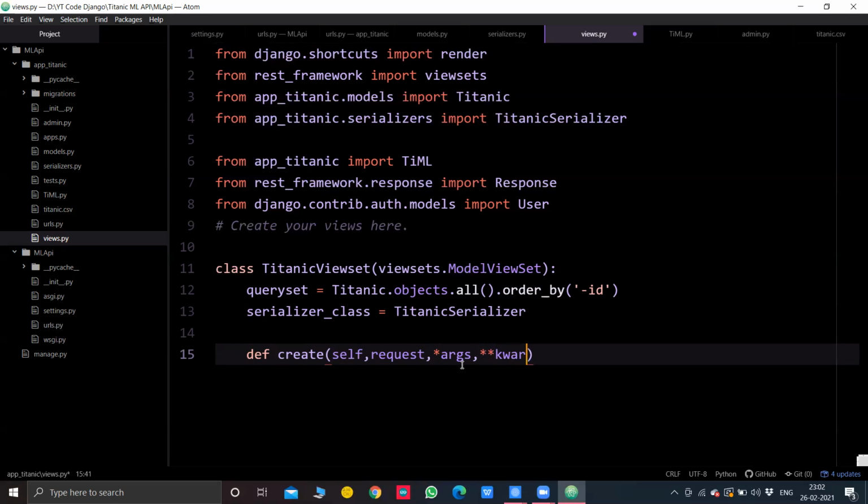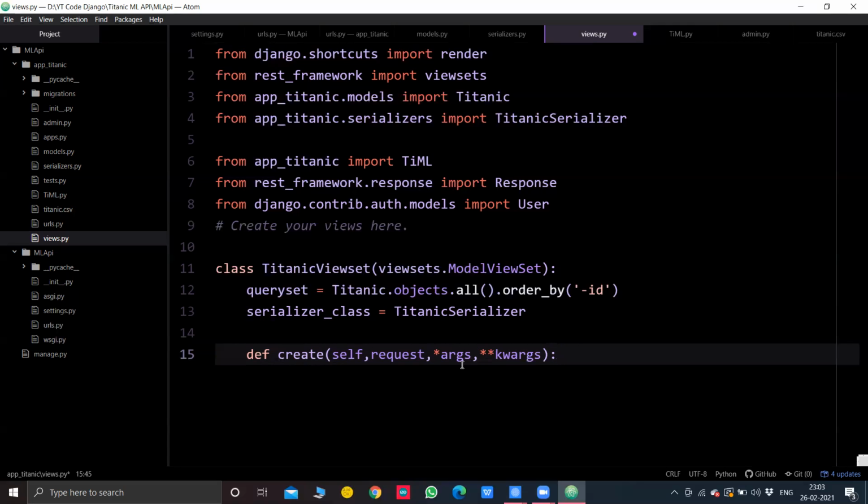Args and kwargs is a technique where you don't know the arguments and you need to override something. It's not the only use. You can Google what args and kwargs are. That isn't the motive here. If you just randomly make any machine learning Django project and randomly override it in the same way I am going to do, that's more than enough. You don't need to know the back stuff. So I'll just define it, and